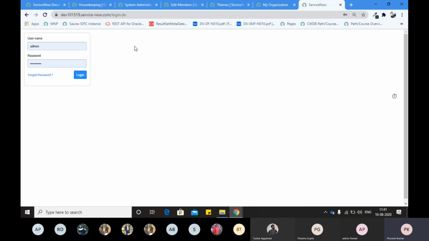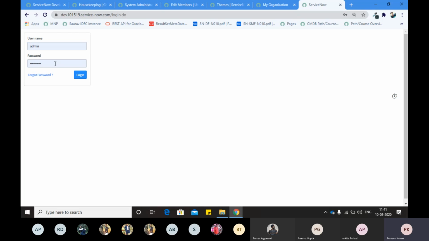Apart from it, you can authenticate your user using LDAP as well. LDAP is a basic directory every organization sets up for all its users, and all the details of its users are available in LDAP, right? So if you want to authenticate against LDAP, you can do that. If you authenticate against SSO, you can do that. If you want to authenticate against some OAuth kind of application, you can do that. So there are multiple ways of authentication in ServiceNow that become a little advanced right now. So I'm just telling you what authentication is, the different ways of authentication, and which way we are using right now. We are using basic authentication. When you are having a username and password, that is called basic authentication.